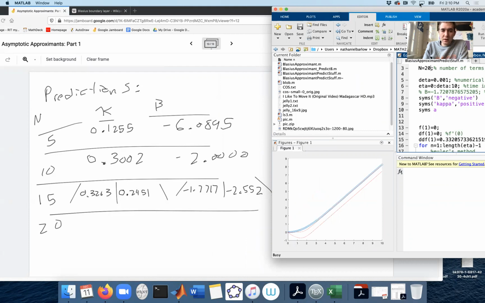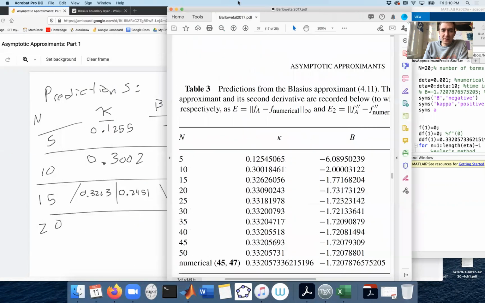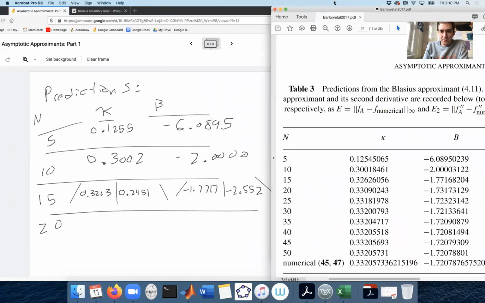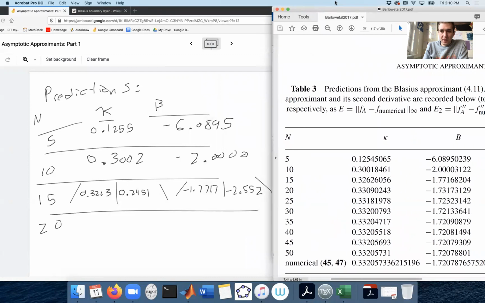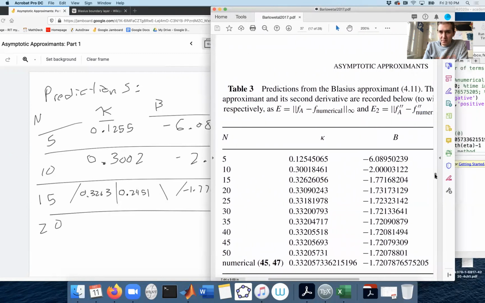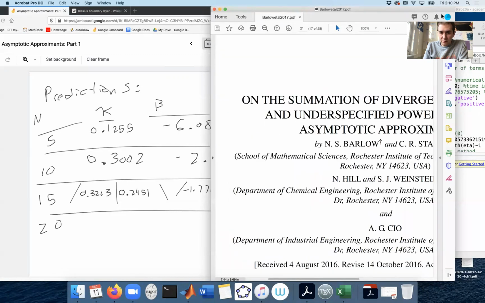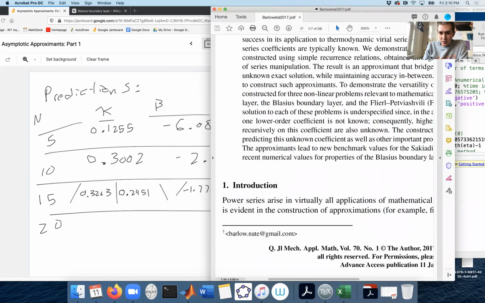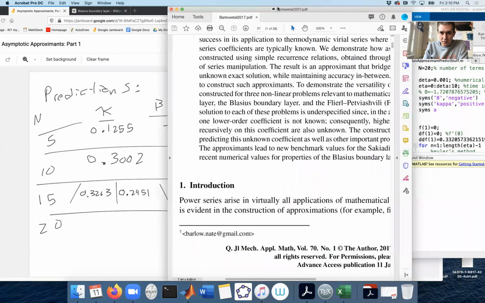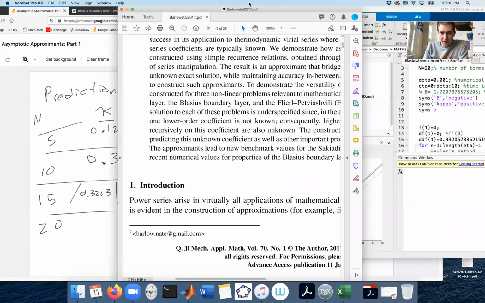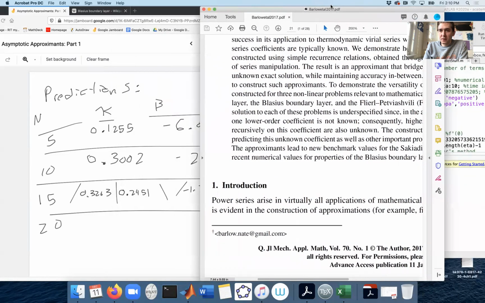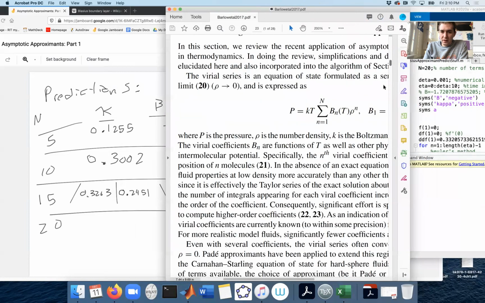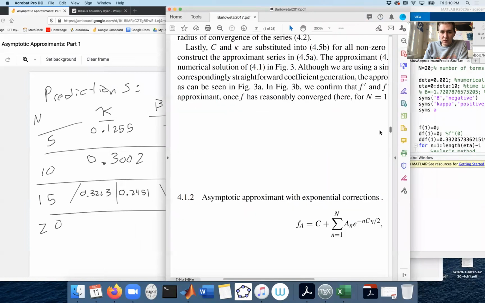I'll let it run a little bit, but I'll pull up the table from the 2017 paper. In case you want the reference, I guess I'll just pull that up too. It's this one. The DOI number is, I'll just put the reference in the description. Okay, so we're looking at this table